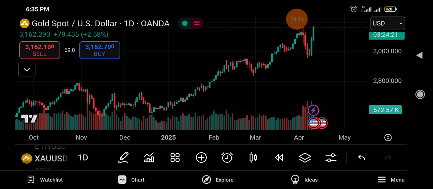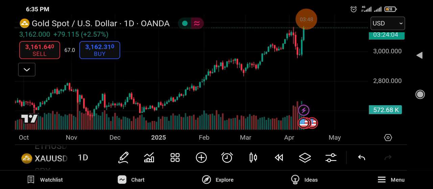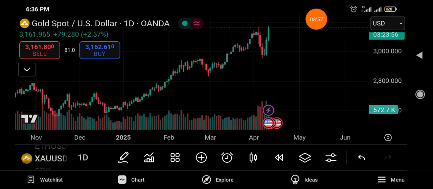Okay, so my point exactly is it took a retracement, or what we call price correction, and came as low as this point. However, the bulls, now in trading terminology, when you hear bulls, it means the buyers. Then when you hear bears, it means the sellers. Even though the bears tried to keep it down, the bulls came back up, and they are bringing it back exactly at this very particular price point, this 3,160 average.